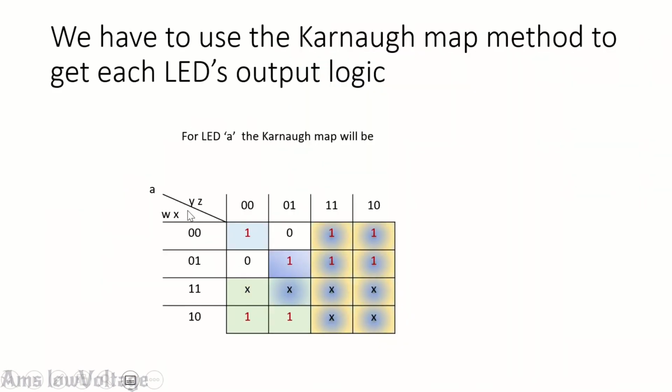So now it's time for grouping. So we have to make the maximum group of ones. We want to make a group so that no one is left out of this group. All these ones we have to group according to 2, 4, 8 and 16 like this. So I'm making this, the first group is for these ones,